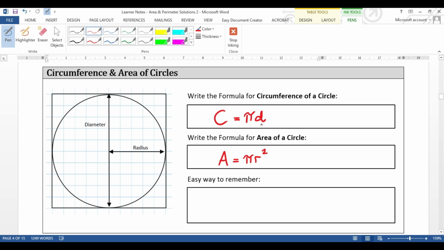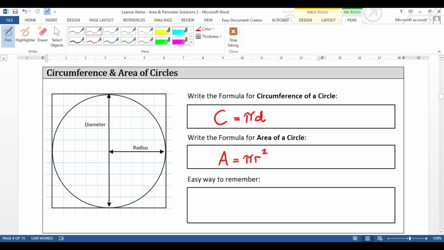So I know a lot of people do use a different one for circumference, which is 2 pi r, which is the same thing, but I'm not going to use 2 pi r because I don't want r in both the formulas. So me personally, I tend to stick to C equals pi d and area equals pi r squared for my two formulas, so that I don't get mixed up. But having said that, people do get mixed up every single time. And an easy way to remember, and they do use this in a lot of schools and other places as well,